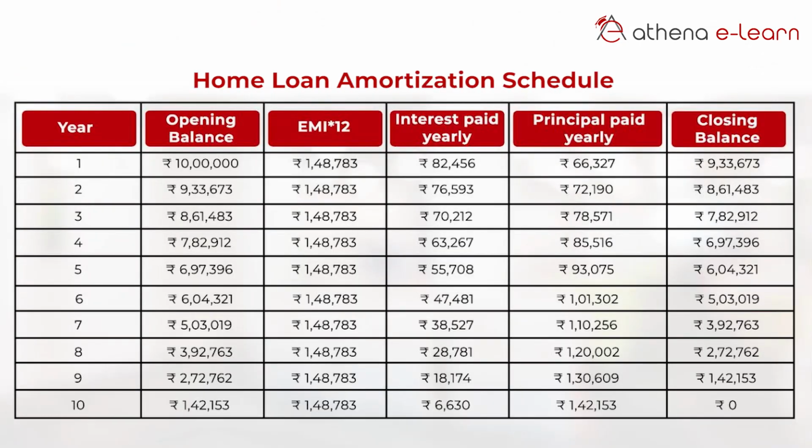As you will see in this example that we've done, and it's an example which you in your Excel sheets can also do, as the years progress, as the months progress, you will see the component of interest come down and the principal component goes up. The only reason for that is that the outstanding principal is coming down further, so the interest charge is lesser. And if the interest charge is lesser, then the amount of principal within the EMI starts going up by default. This is a normal amortization schedule. Why do I say normal? Because there are 2 or 3 events that can happen which can change the way this is done. Although the principle in which it is done, the method in which it is done, doesn't change.